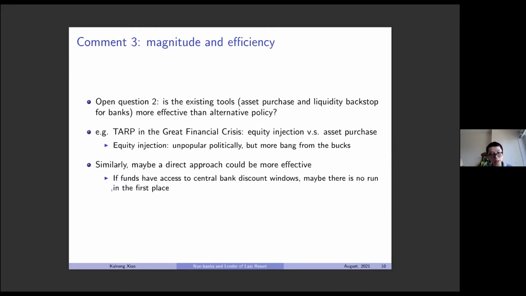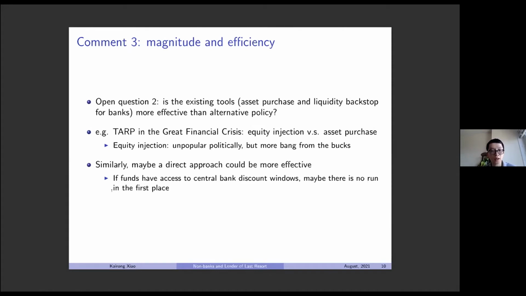So we can see a similar debate play out in this non-bank case, where we can think about maybe an indirect approach could be more effective. Imagine a counterfactual world where all the bond mutual funds have direct access to central bank discount windows. Maybe there's no run in the first place, like what happens for the banking sector today. Again, this is a pretty much open question, but I would suggest the authors really think about